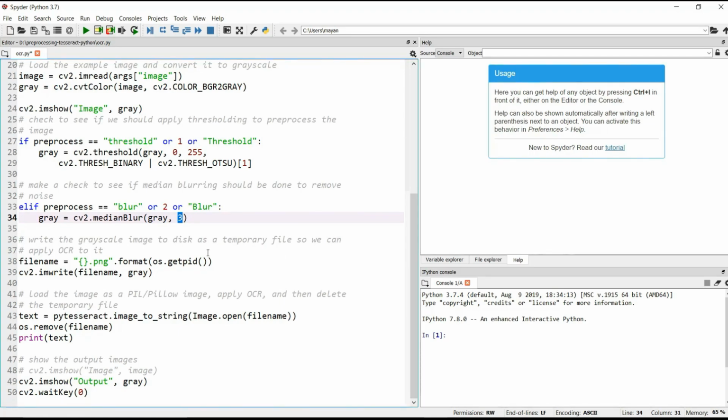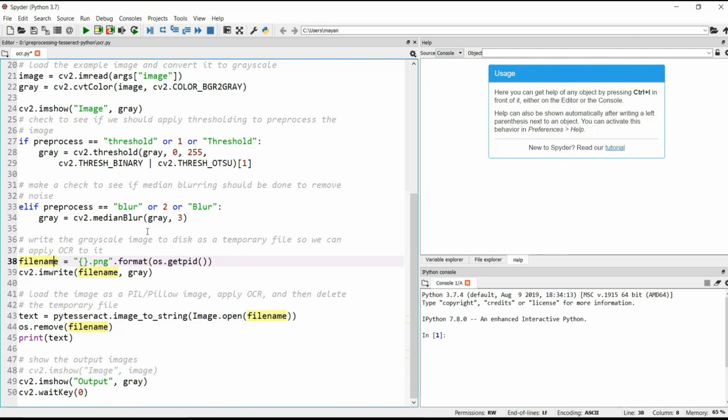Now guys, till now we have pre-processed our image. In this program I have clearly mentioned all the required arguments and all the comments. You can refer to the comments in this program for better understanding. Here we are creating a file name. Now our pre-processed image should be saved in our system so that we can extract text from that image.